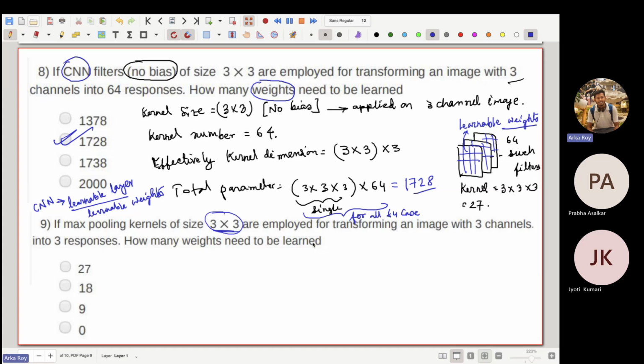In case of max pool, we know that if you have, let's say, an image like this, and this is your max pool kernel, and let's say you have certain values like 8, 9, 0, 1, 2, 3, 4, 5, 6. So what max pool does,